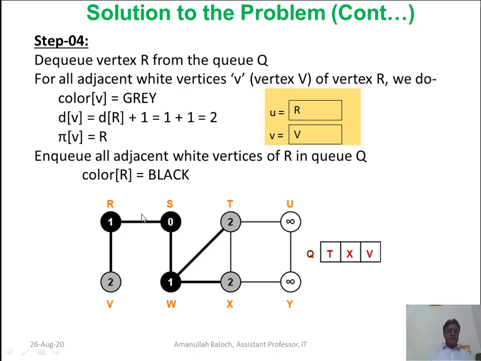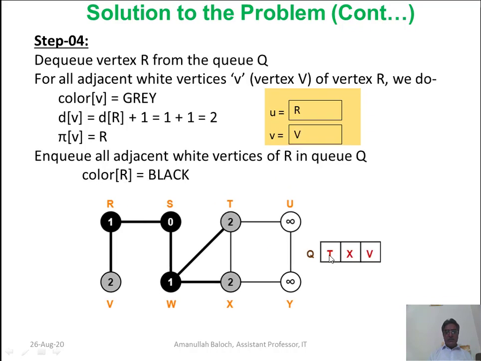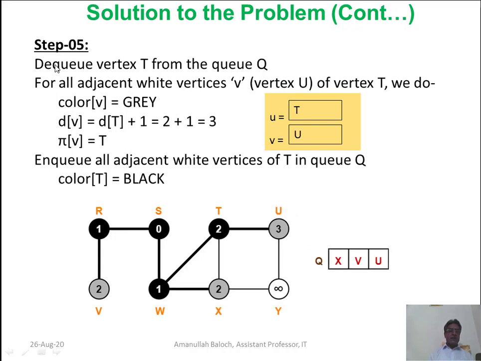Then we will delete the next one, because at the front of the Q it is T. So the DQ operation will delete vertex T from the Q and assign this value to U. We have assigned U to T. For all adjacent white vertices V of vertex U, that is T, we do the following.